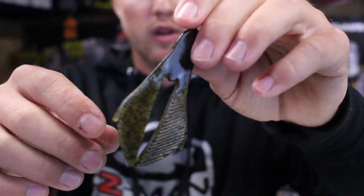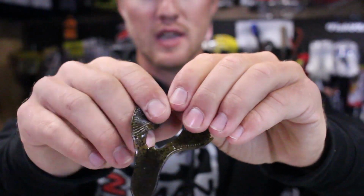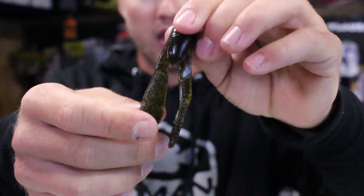You can even go to a single tail grub, but I really love that double tail grub because it just does a better crayfish representation, right? The other trailers that I like are beaver style trailers or chunk style trailers. Trailers that have very little action overall and do more gliding through the water than they do flailing around,